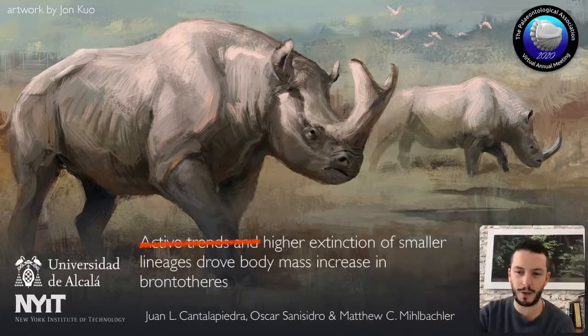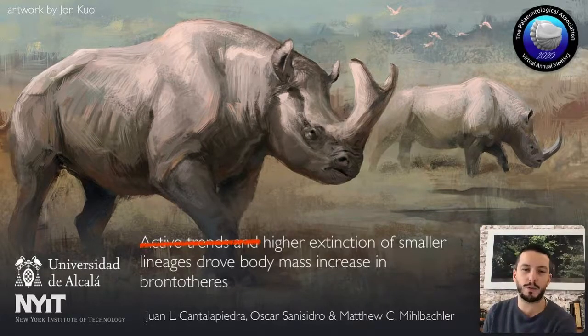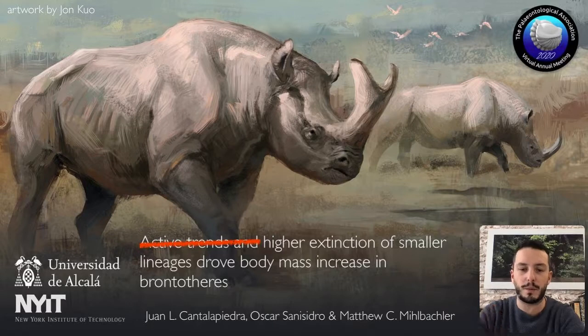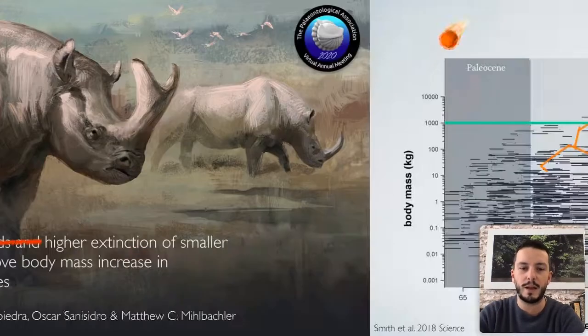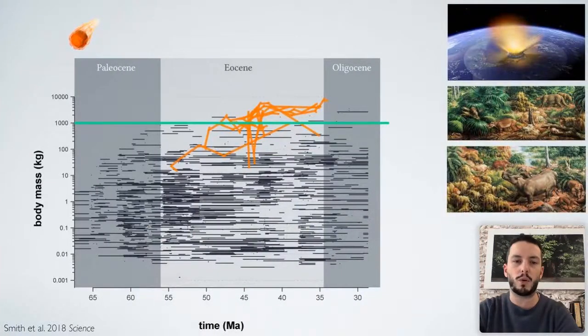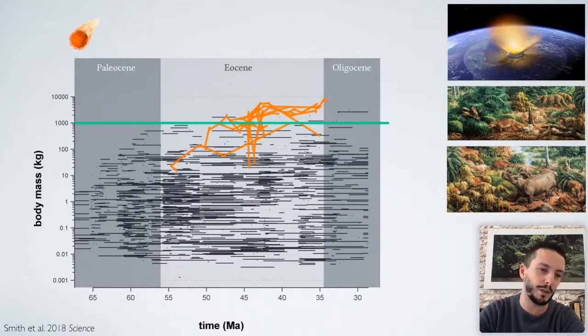Okay, thank you. So my name is Juan Cantalpiedra. I study the evolution of large herbivorous mammals. And in this regard, brontotheres are very interesting because they had a very impressive role in expanding the niches of these mammalian herbivores. By looking at these plots where we represent the body mass evolution of mammalian species across the large part of the Paleogene,